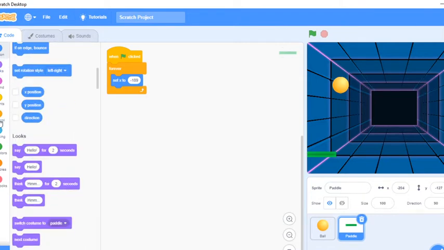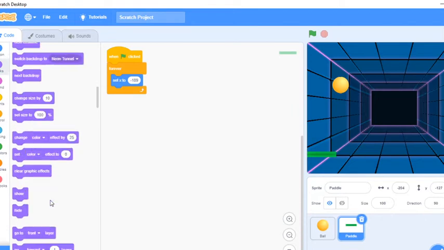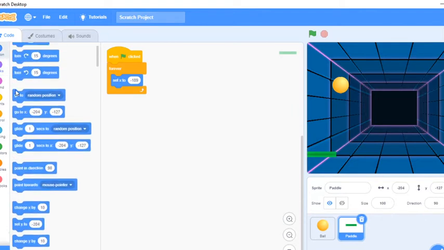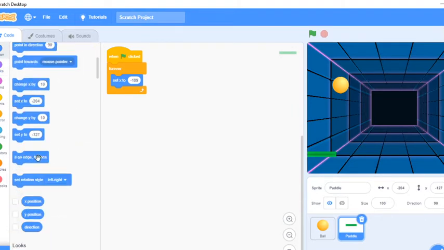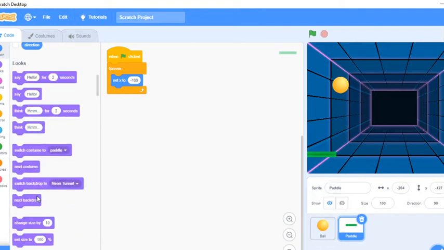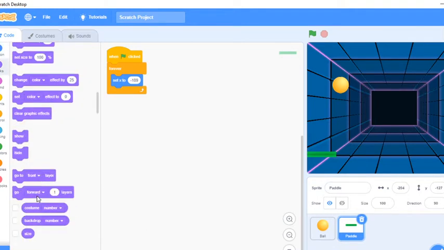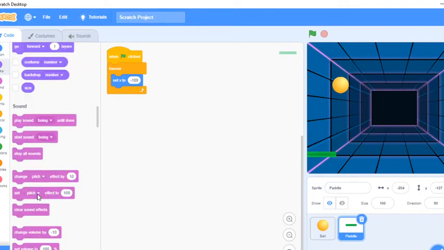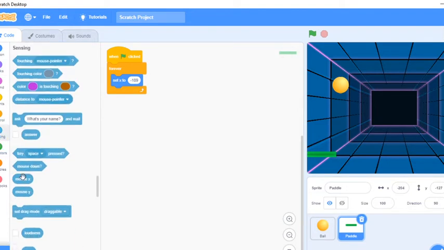So I have to add one more block from sensing. I will click on sensing and here I will add the mouse x.